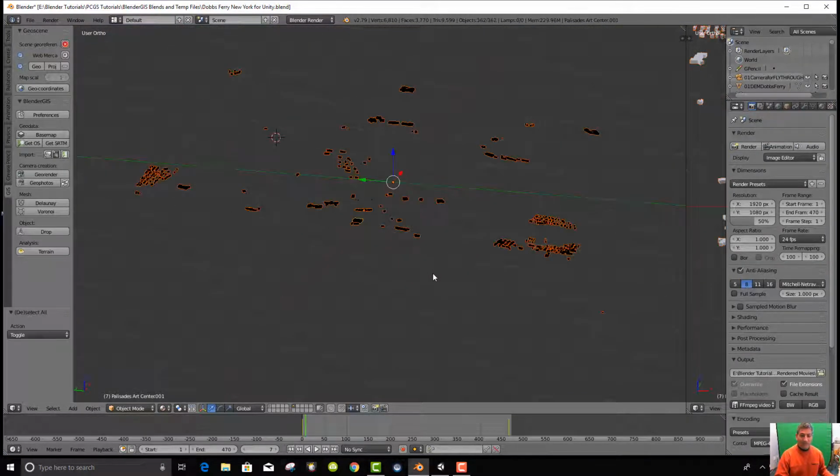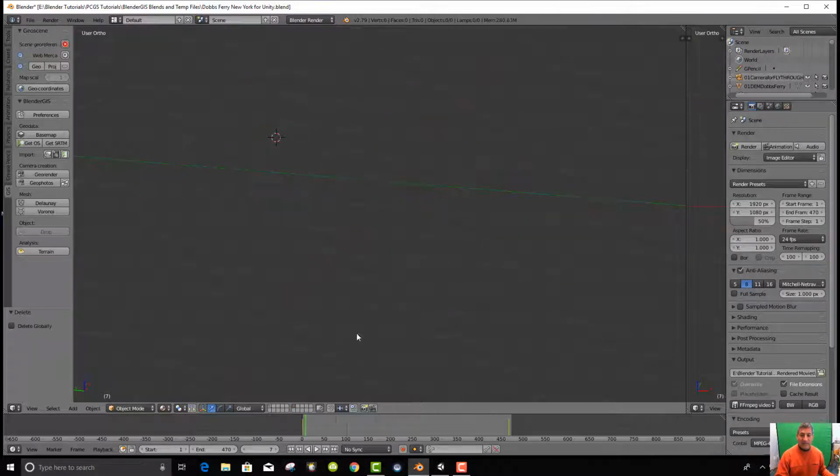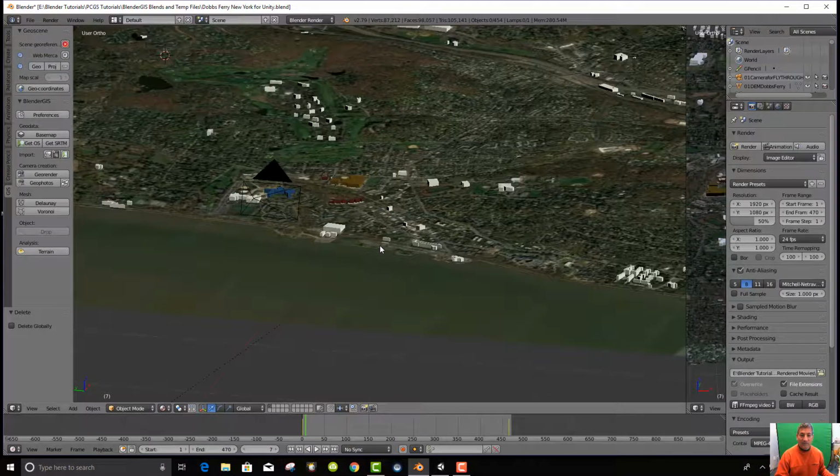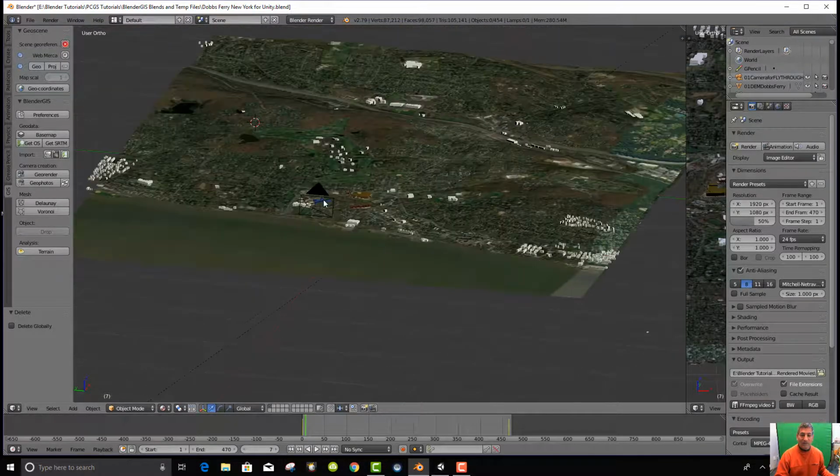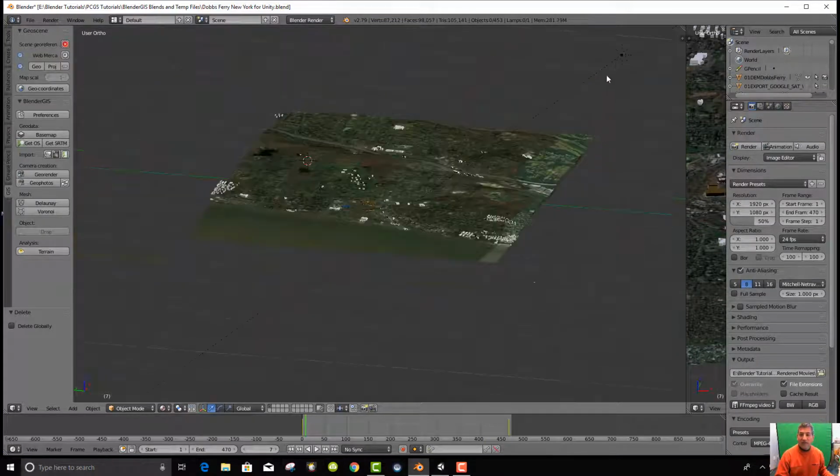So click on them, hit A to select all, and X to delete, and delete anything that's in any other layer other than your primary layer, because you don't need that going. And the other thing is you don't need for this the camera, and you don't need the light, because you're going to get those from